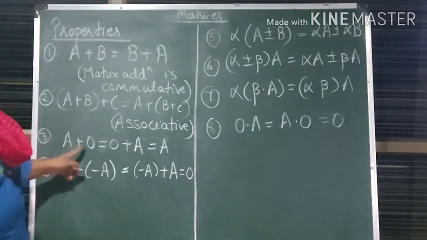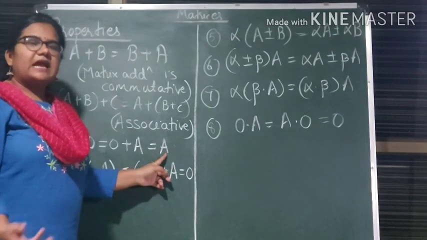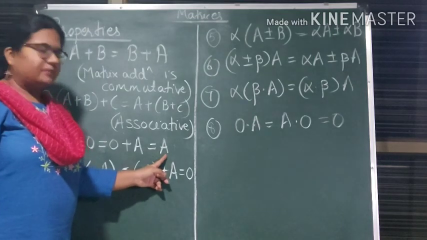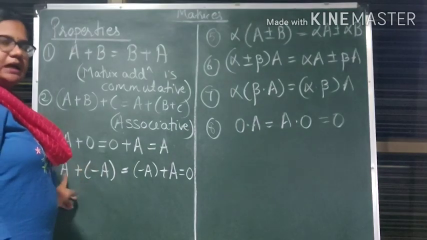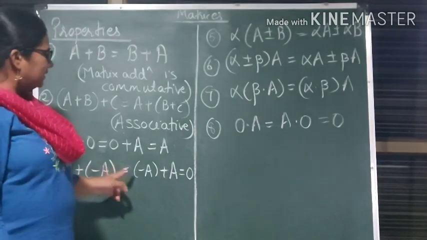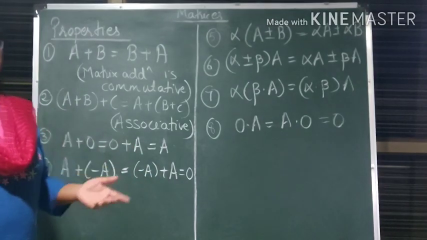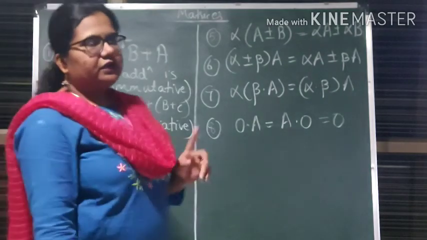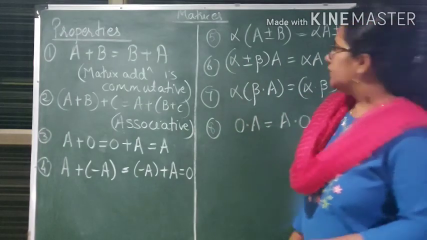Okay. Now the 0 matrix: if you add 0 to any matrix, you are going to get the same matrix A. We know that if we add 0 to any number, we get the same number. Similarly in matrices. Then A and minus of A, that means A and negative of A. If you add these two matrices, just as when you add a number and a negative number, ultimately you get a 0 matrix. So whenever you add A and the negative of matrix A, you will get a 0 matrix.